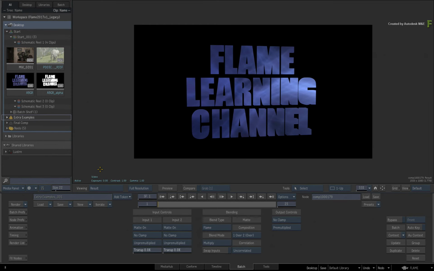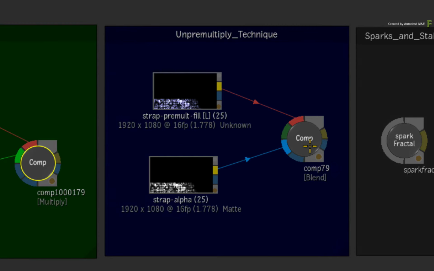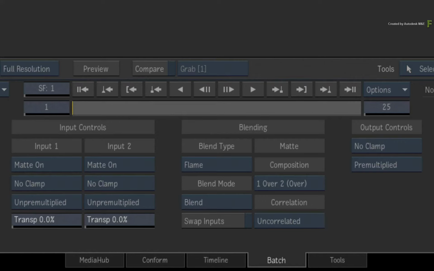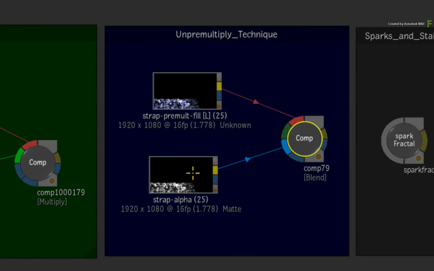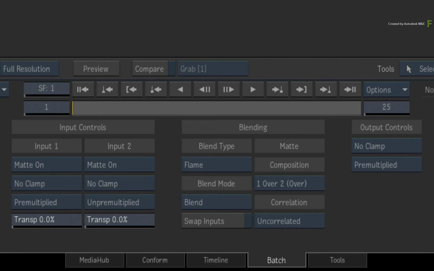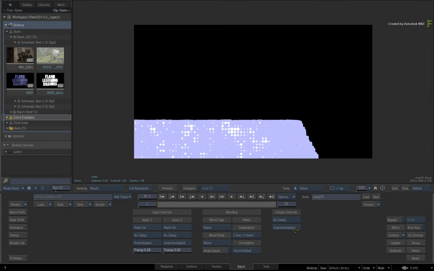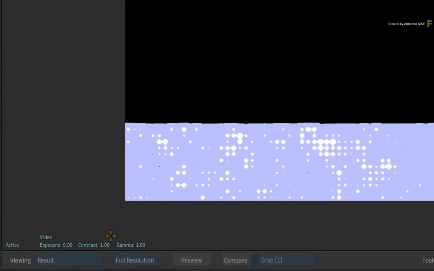Note that if you are just unpremultiplying a matte, the recommended way of doing that is to put the image in the front input, set to premultiplied, put the matte in the matte input, and set the result to unpremultiplied. The tagging of the front is forwarded as you expect.